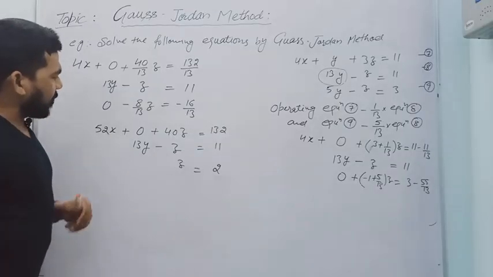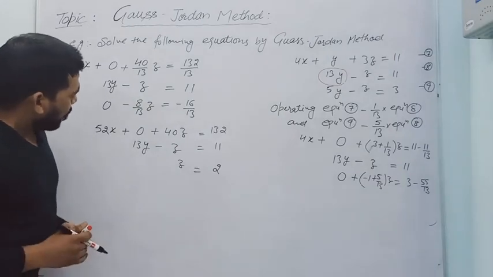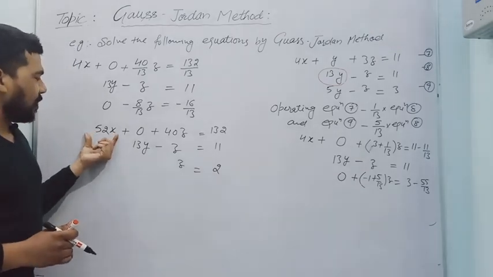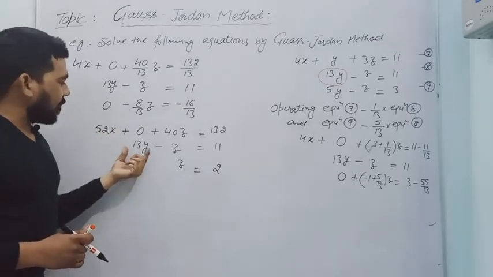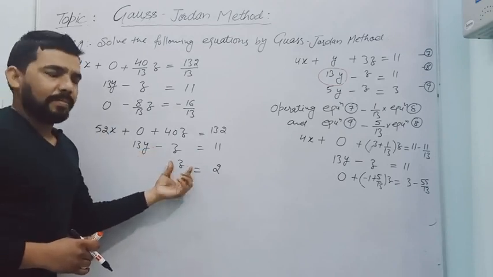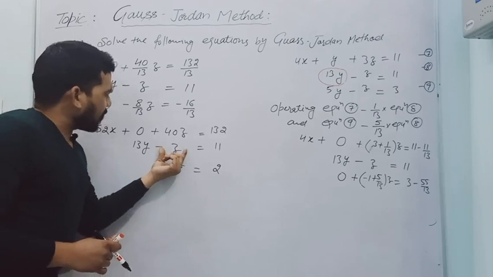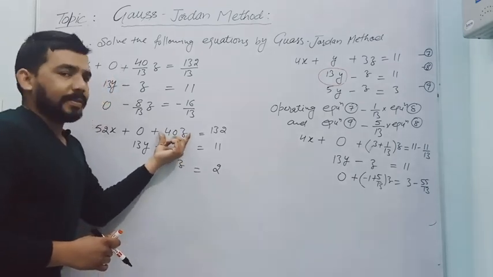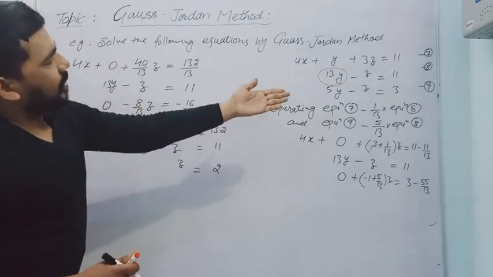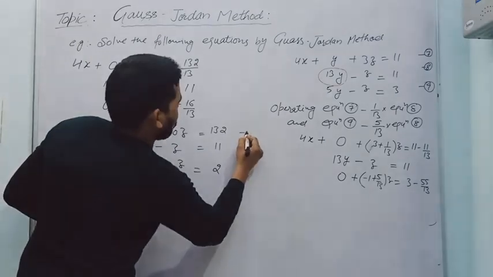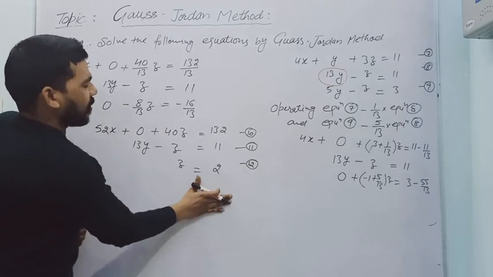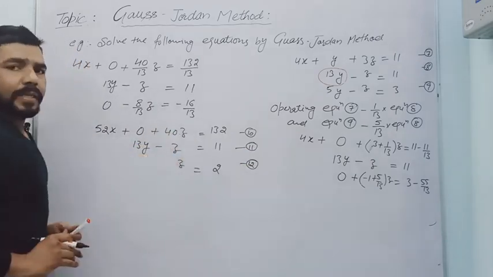Now I have these equations. So what I have to do now, to convert to diagonal form, this is the leading term x over here. I want this one, and in equation number 2 I want this leading term. In equation number 3 there is only one leading term. Now I don't want this z term in this equation and in this equation also. So by using equation number, I will say these are 7, 8, 9, and these are 10, 11, 12. By using equation number 12, I eliminate the z from equation numbers 10 and 11.